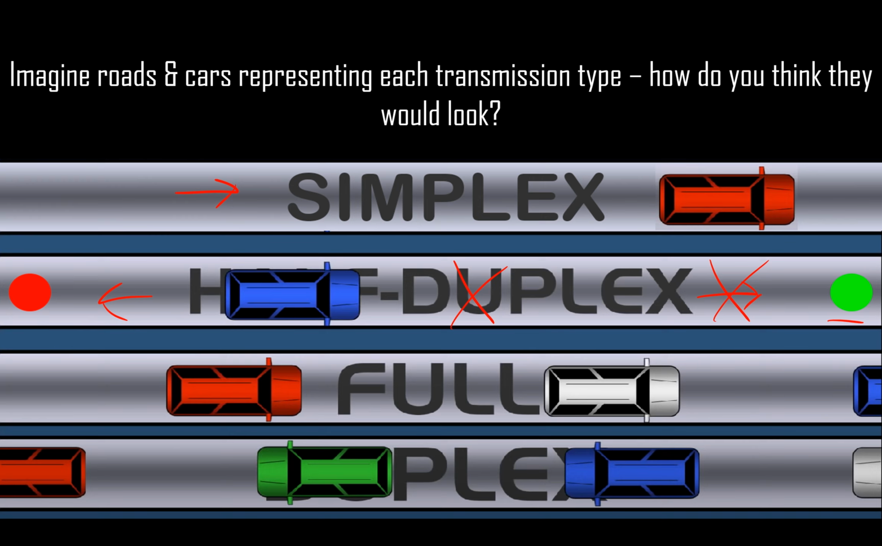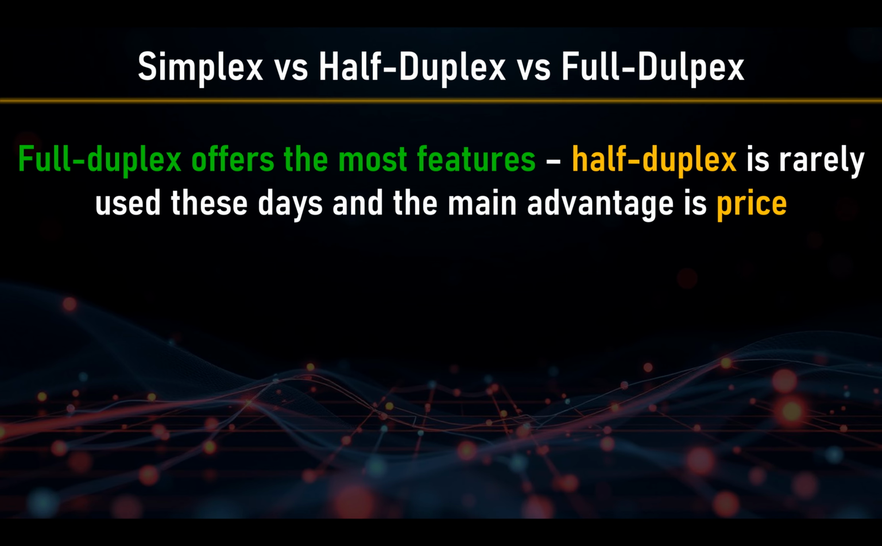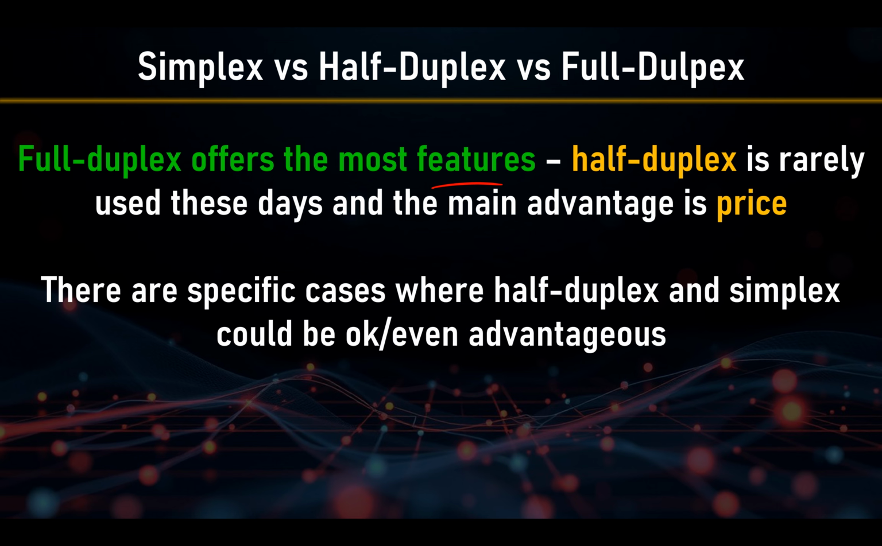Then if we look at full duplex, here, basically 2 roads. Obviously, these cars here are going right, and these cars here are going left. So if we compare them, full duplex is going to offer the most features. Half duplex is rarely used these days, and the main advantage is price. And when we say most features, it's basically bi-directional data transfer, and of course, simultaneous. There are actually specific cases where half duplex and simplex could be used, and even advantageous